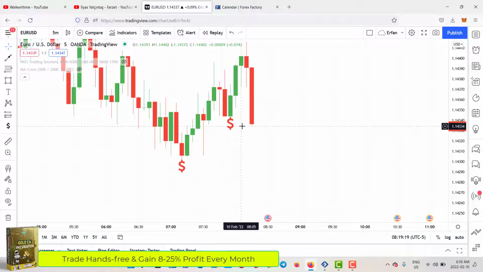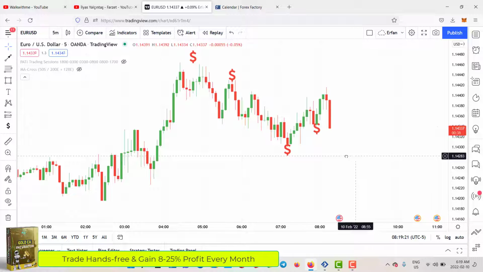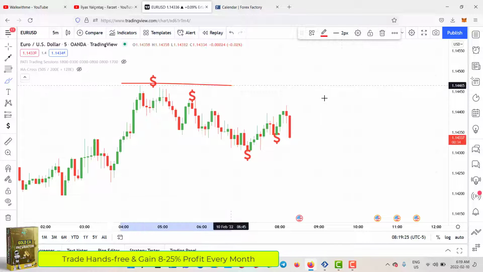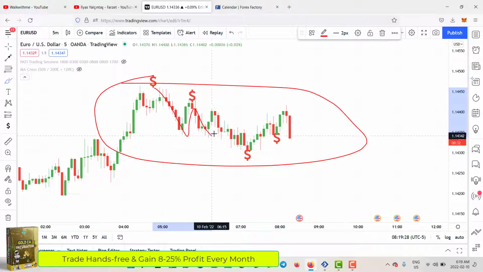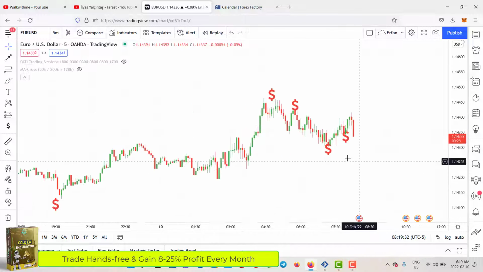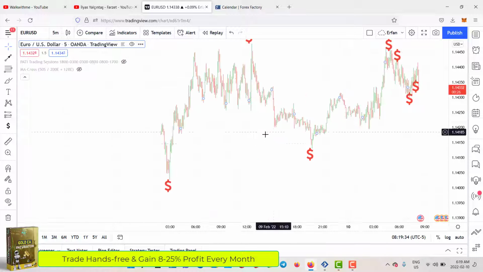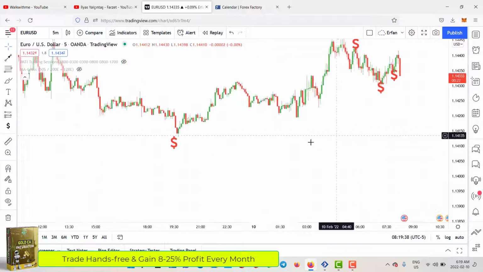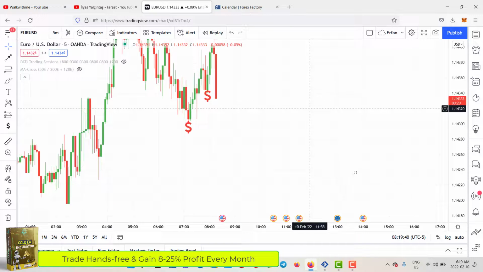Now I don't know how far it's going to go exactly, but what I know right now is that in this frame we are creating lower lows and lower highs. So I don't know how far it's going to go, because there's so many of them around here, here, here, and all the way down. So it's all about the structure of the market, and you know, leaving